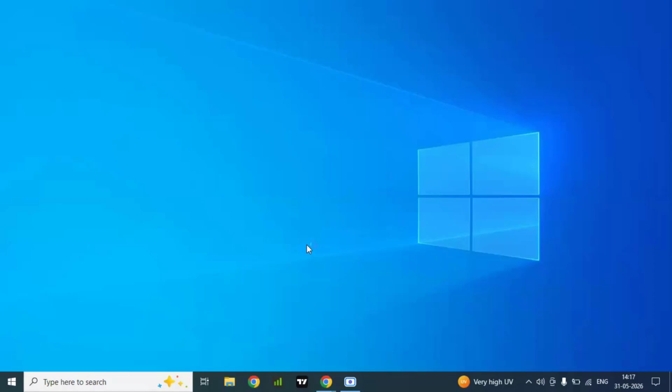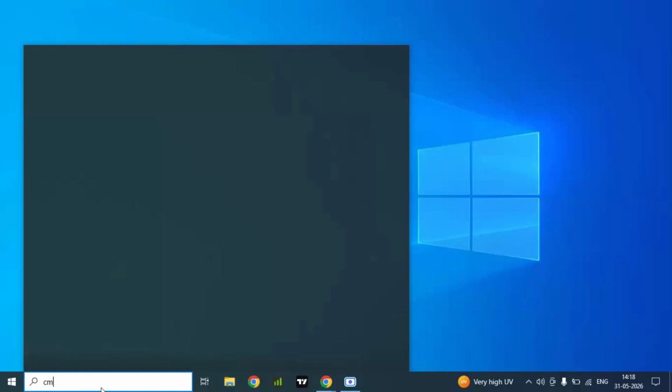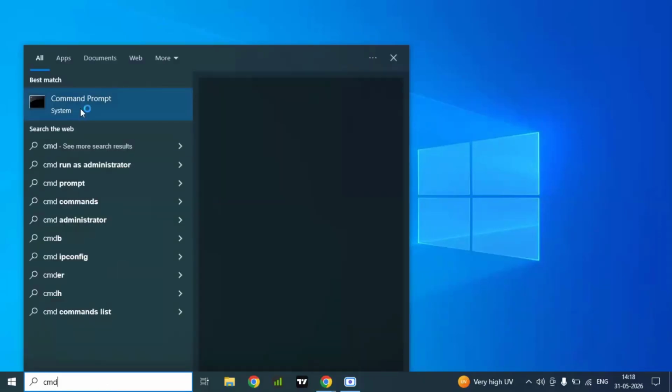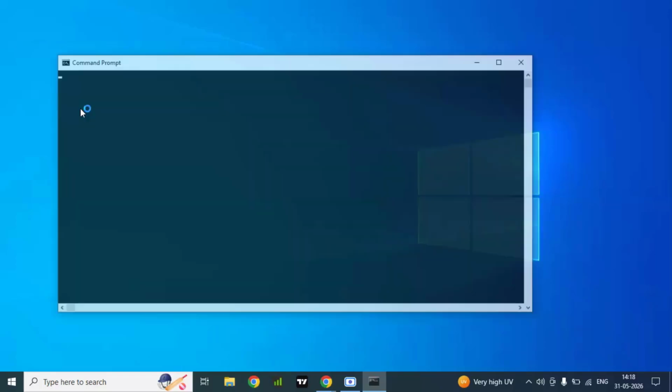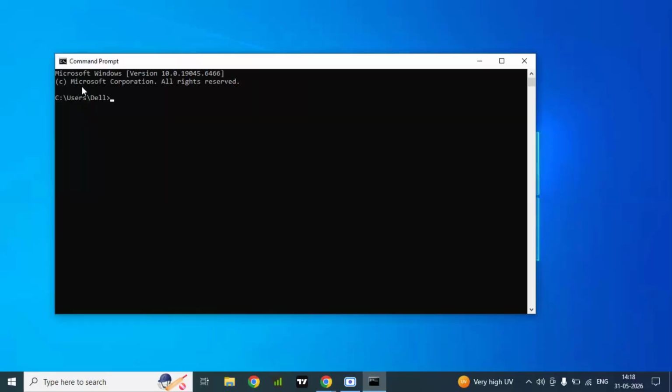Guys, if your Windows 11 won't wake up from sleep, then I will show you a couple of steps you can try and fix this issue. In this, the first method is you just need to open the CMD, then click on this command prompt, then enter one command: powercfg.exe /hibernate